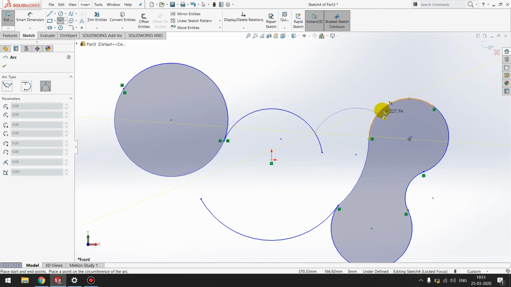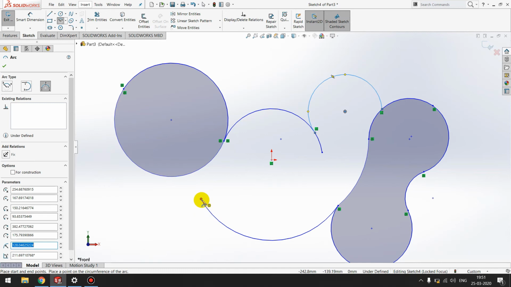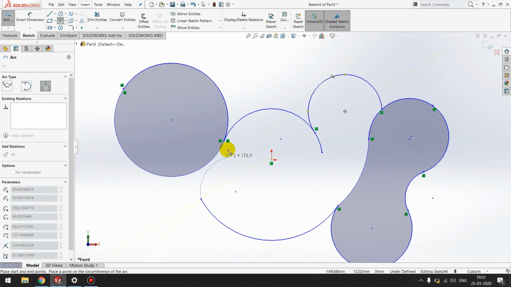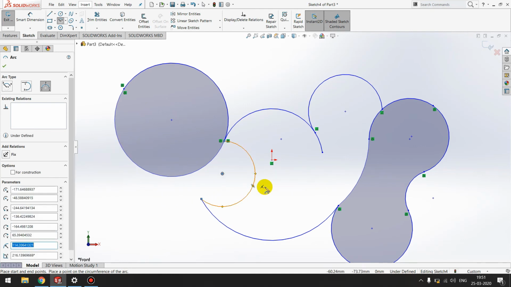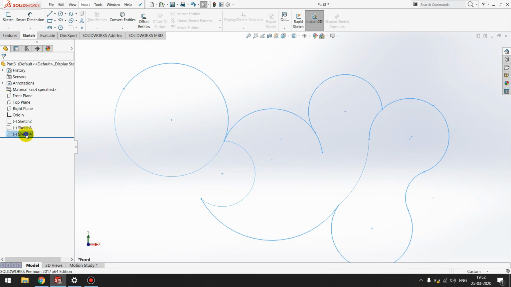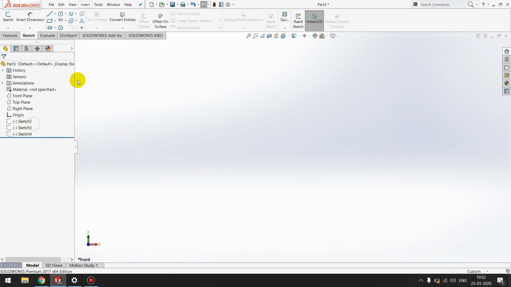So I've selected first point over here, second point, and my third point will define the radius of my arc. So I'll select over your first point, second point, and whichever side I want to draw will define the radius. So this was our arc. Let us go to another command,